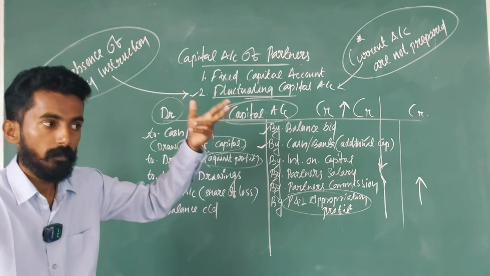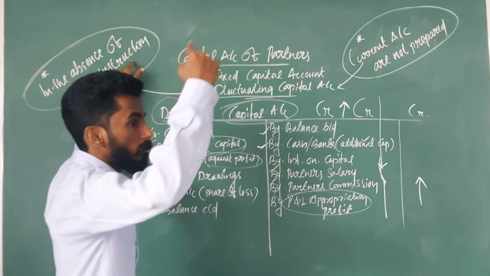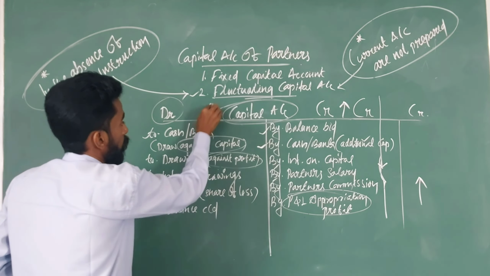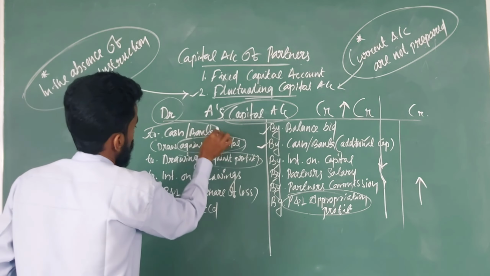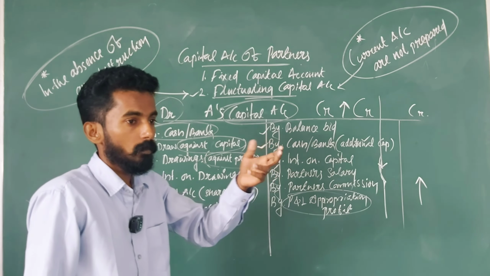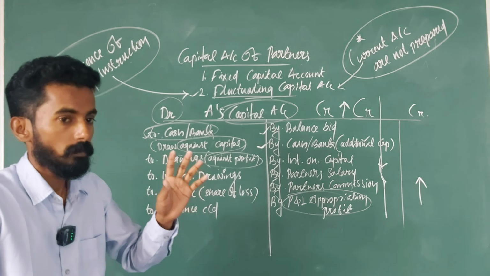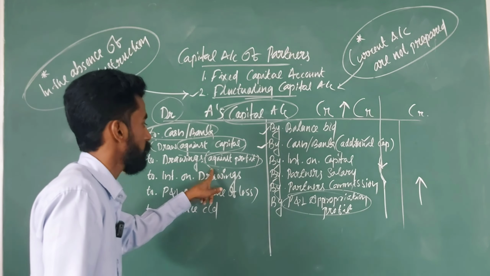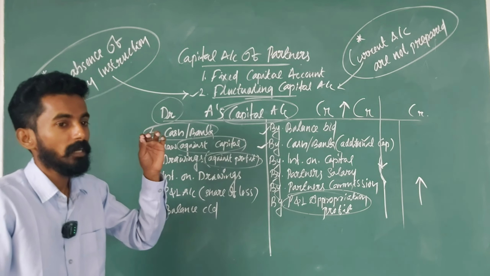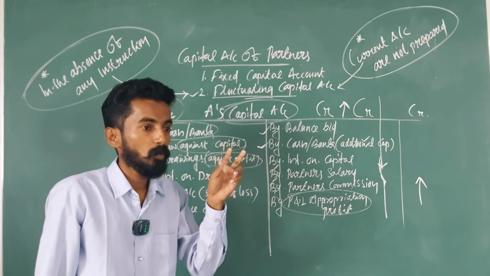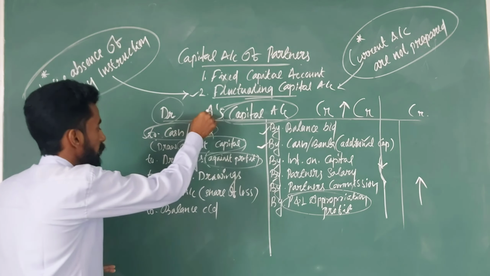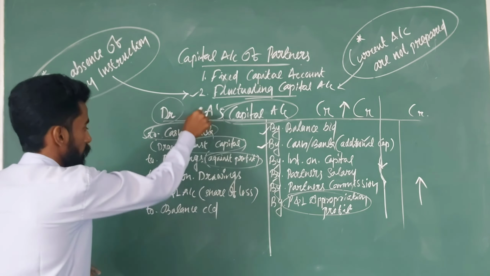What is the journal entry at that time? A is going to withdraw, at that time A's capital account debited to cash or bank. See, A's capital account debited to cash or bank. Entry is clear? If A is going to withdraw rupees 1,000 as normal drawings, that means drawings against profit, what is the journal entry at that time? A's capital account debited to drawings. Is it correct? So here you can see in A's capital account what we are going to post.